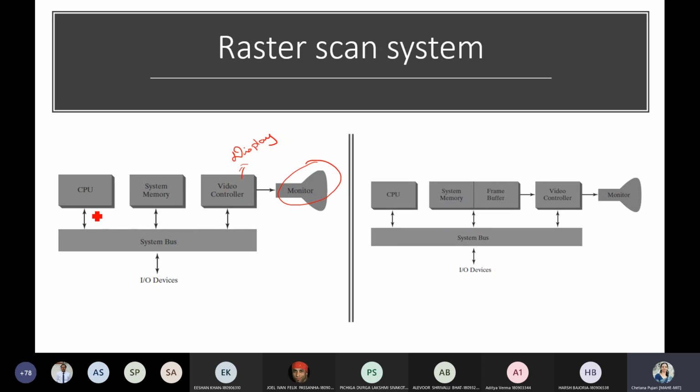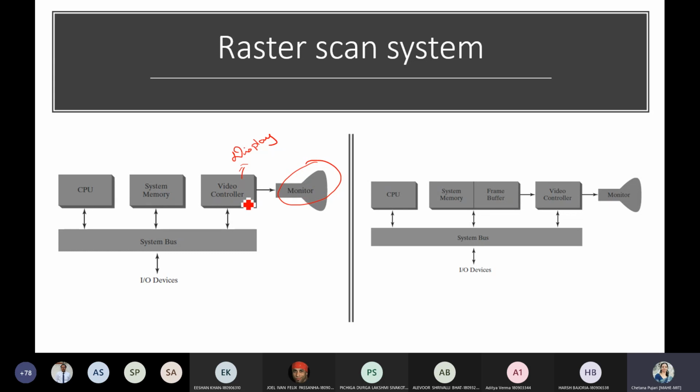In this case, you have the CPU, system memory, and a video controller, which are connected to each other via the system bus, and your system bus is connected to the IO device. Then we have a monitor, which is mainly used to display your image with respect to intensity, when you are going for CRT. The video controller is directly connected to the monitor.